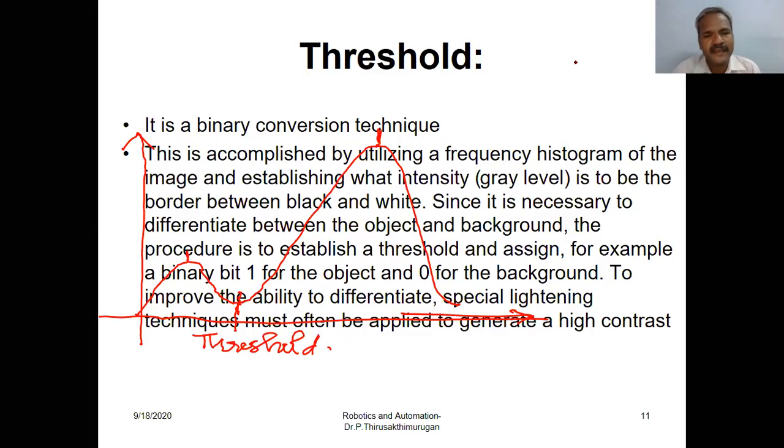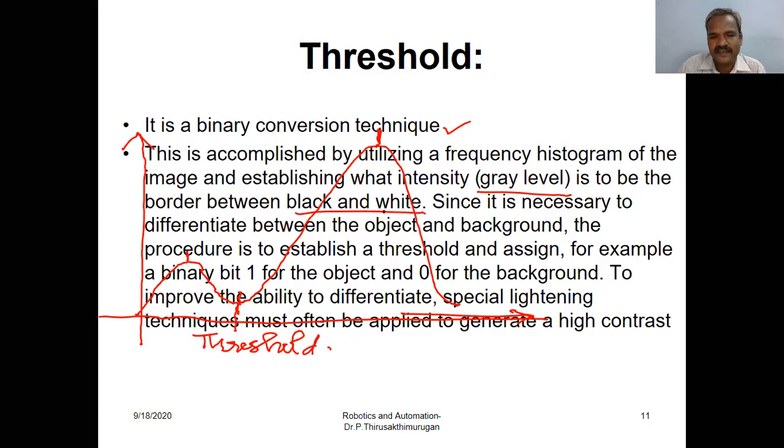Thresholding is a binary conversion technique, utilizing the frequency histogram. This is the frequency histogram of the image, establishing what intensity, that is, gray level, is to be at the border between black and white.